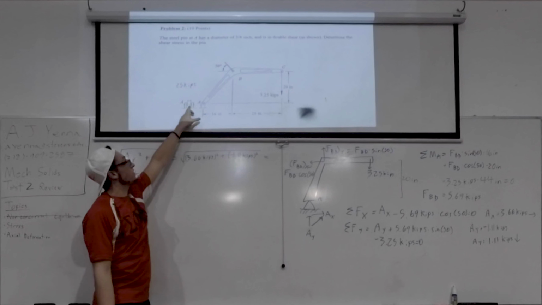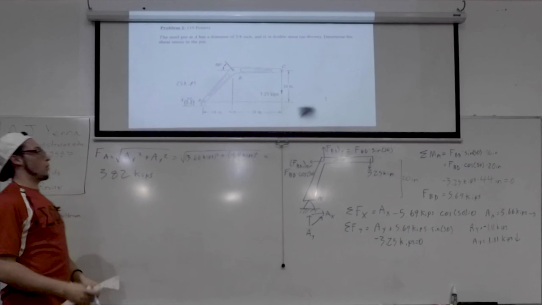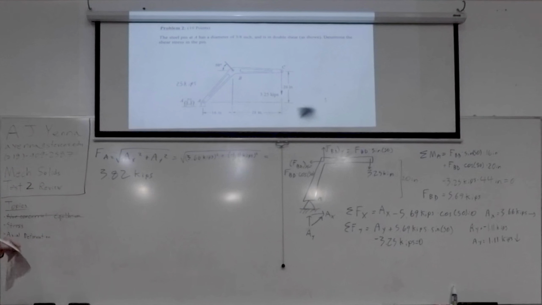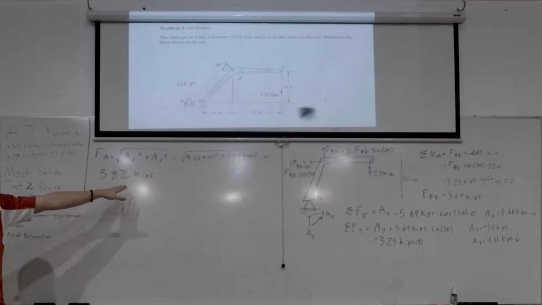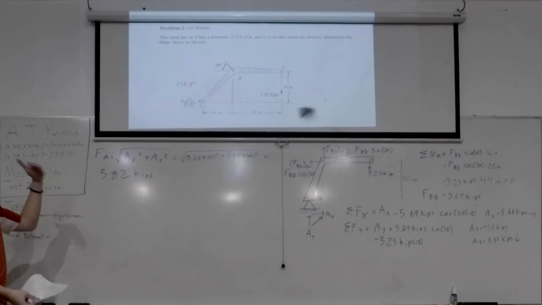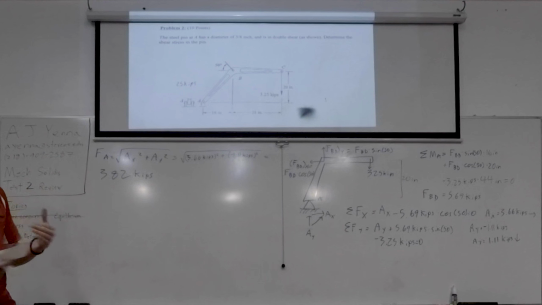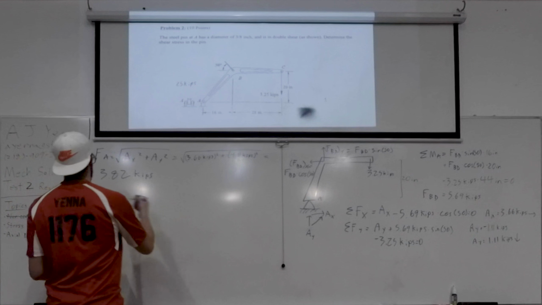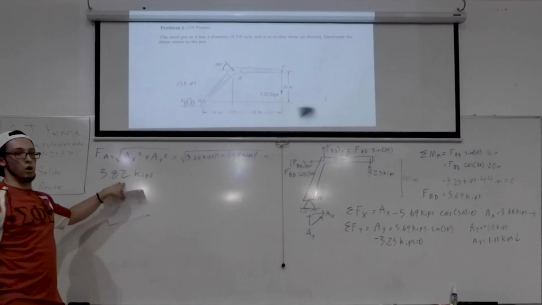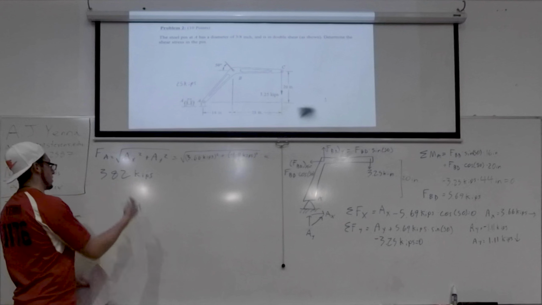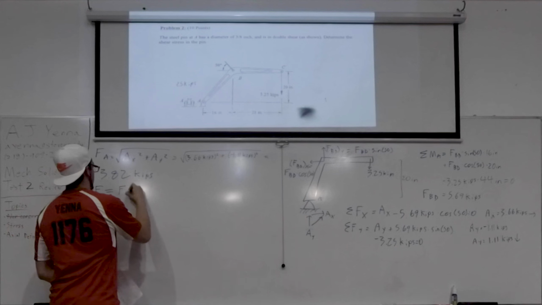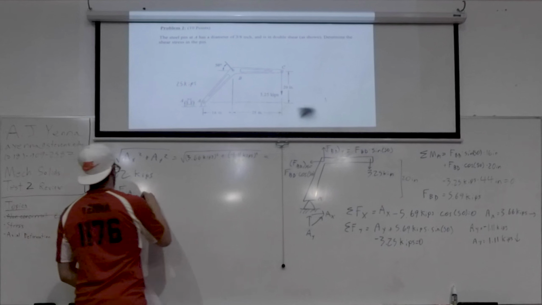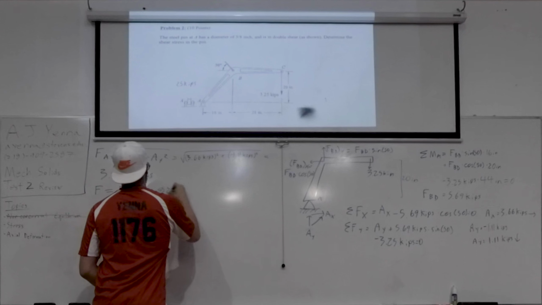which is going horizontally across. So when you get to calculations, if it said that it was in single shear, if it was drawn as if it was in single shear, you use this force as it is, you just plug it right into the stress equation. Since it's in double shear, all you have to do is take this force and divide it by 2. So the actual force you're going to use for the stress calculation is going to be FA divided by 2, which is 3.82 kips